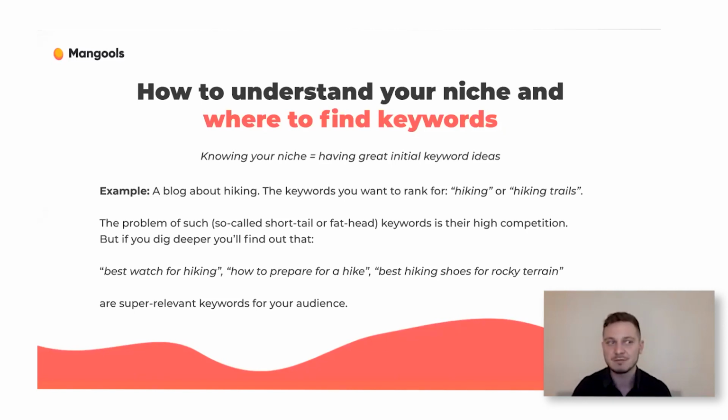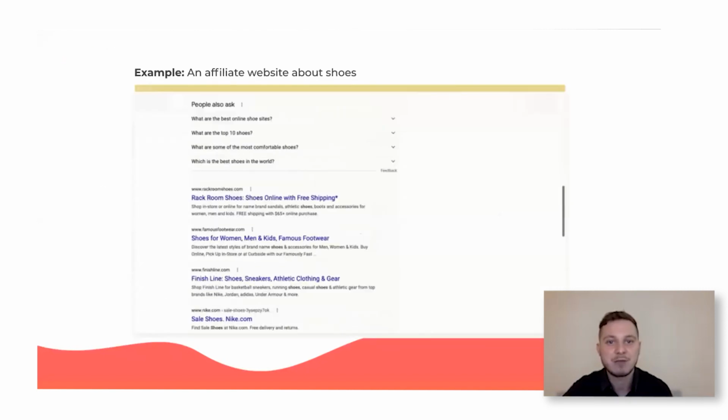But the problem of such keywords, we call them short tail or fathead keywords, is their high competition. You know, many websites want to rank for the keyword. But if you dig deeper, you'll find out that keywords such as best watch for hiking or best hiking shoes, and, you know, these long keywords are super relevant keywords for your audience. And that brings me to the next example. As you can see here,